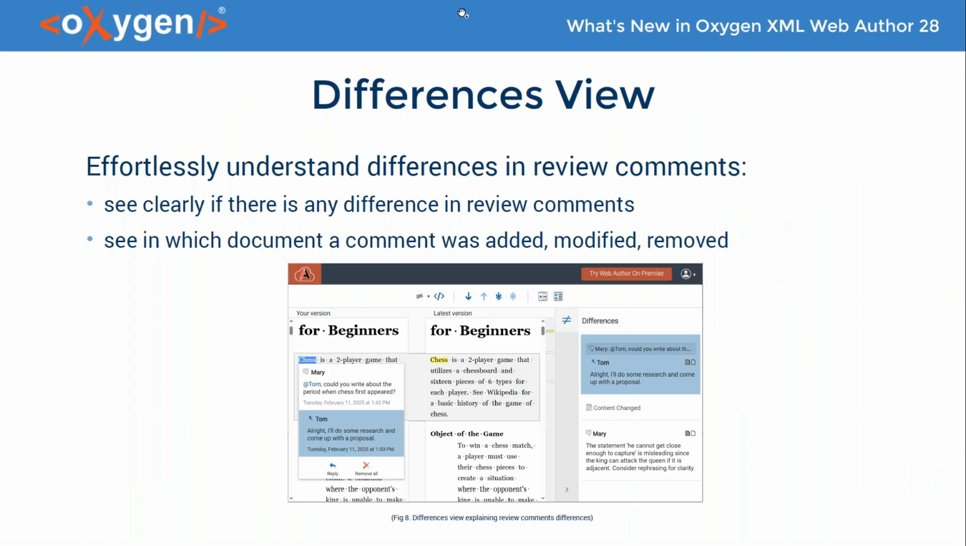Okay, and my favorite one, the differences view. The diff page has a new side view called differences. Every difference between two documents now renders an item in the differences view. And this helps you especially with comment differences, because when a comment is added or removed or maybe